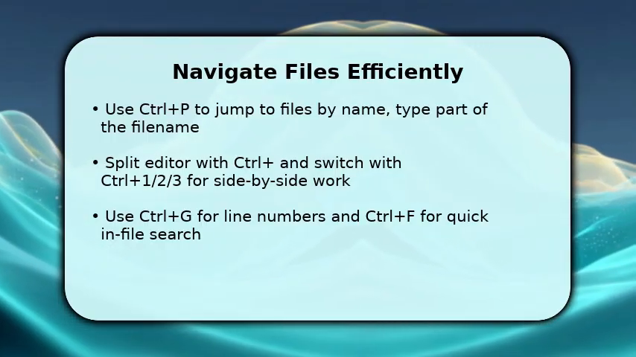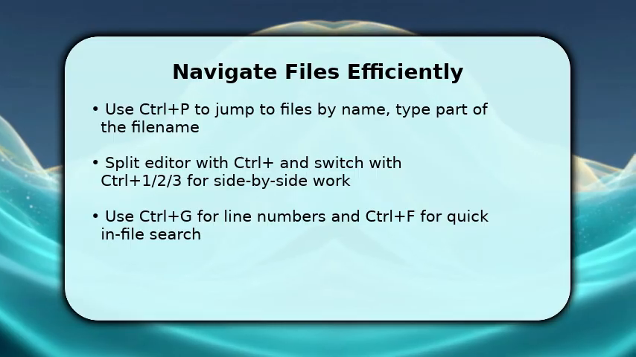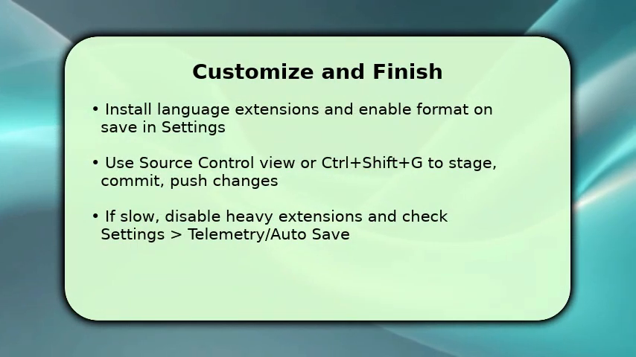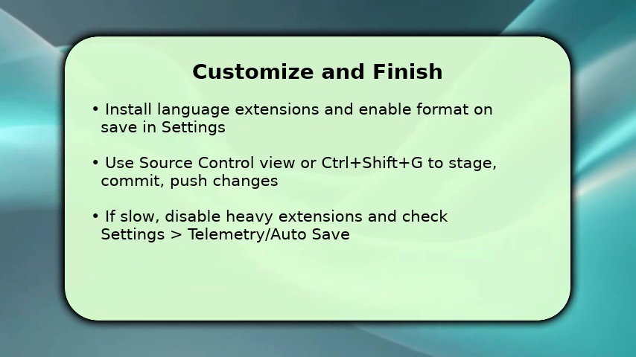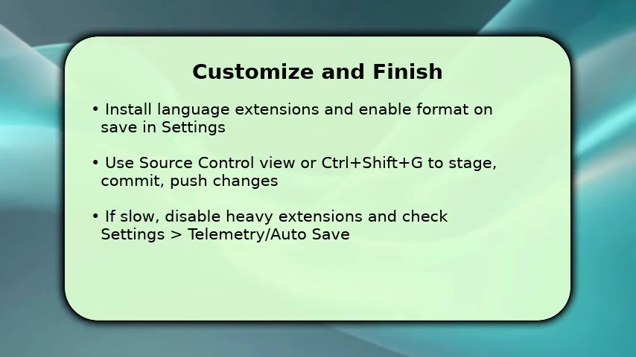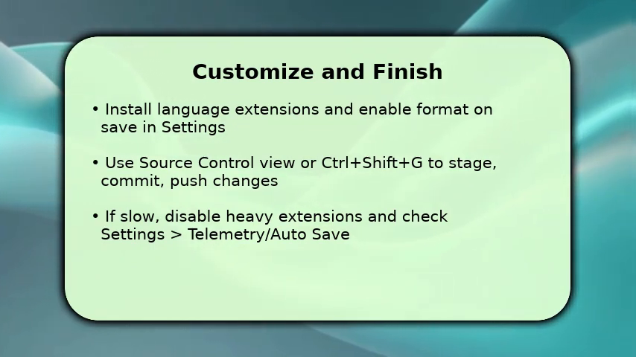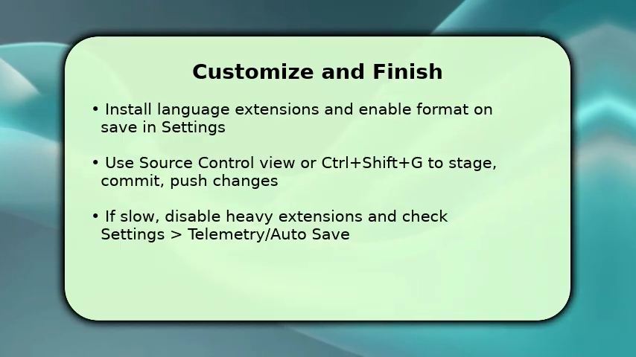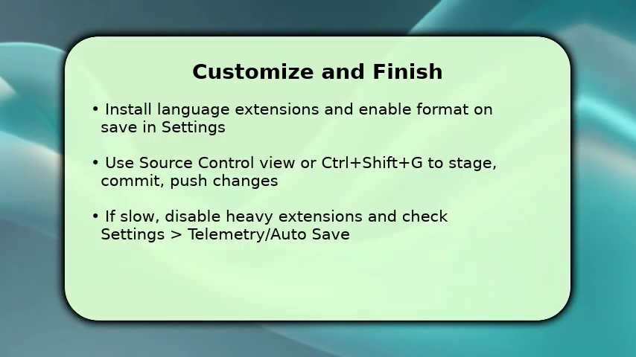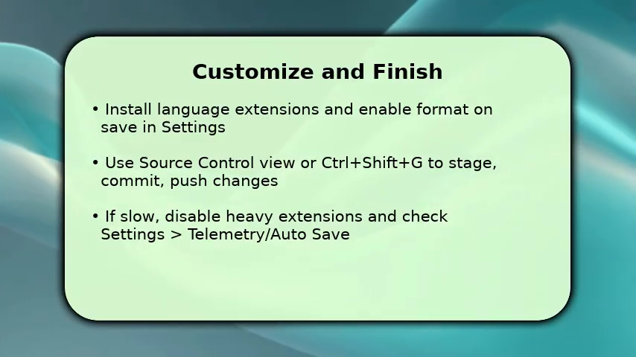These tools help you finish by tailoring VS Code to your workflow. Install language extensions and enable format on save so code stays consistent automatically. Once edits are ready, use the source control view or Ctrl+Shift+G to stage and commit, then push using the built-in